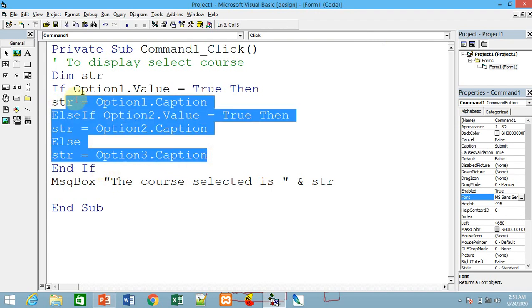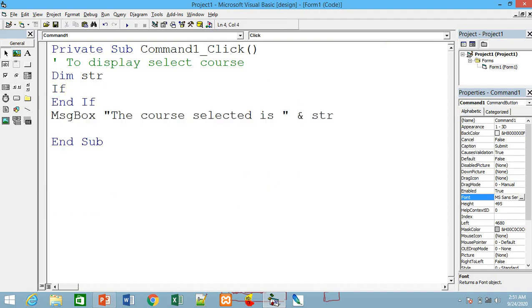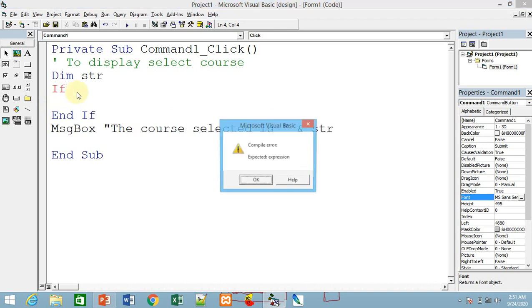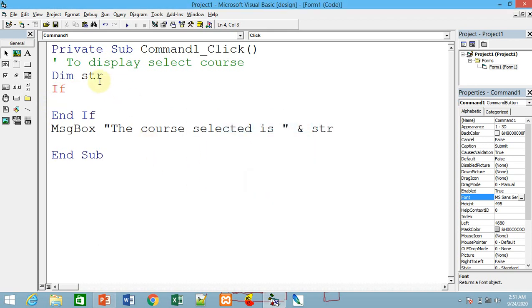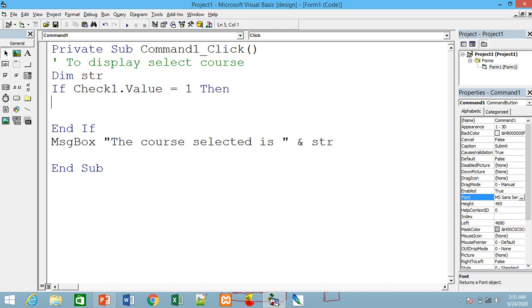With the checkbox, so what can you do? If check1.value equals 1, so you should not say true or false, 1, then str equals check1.caption.